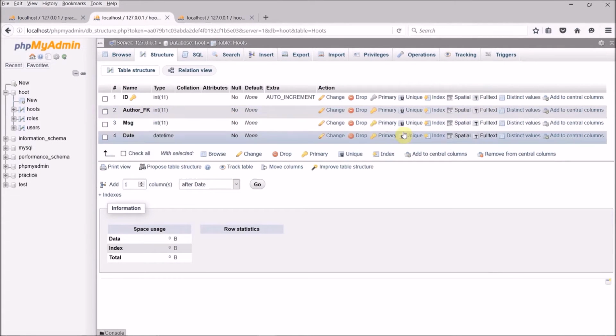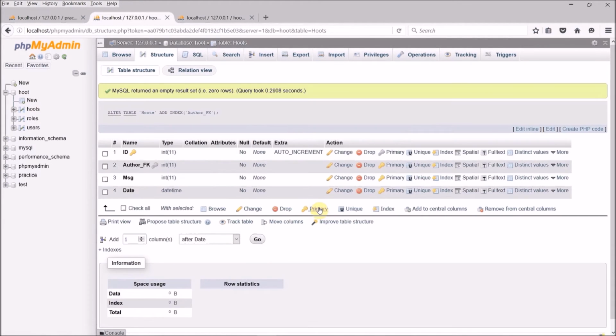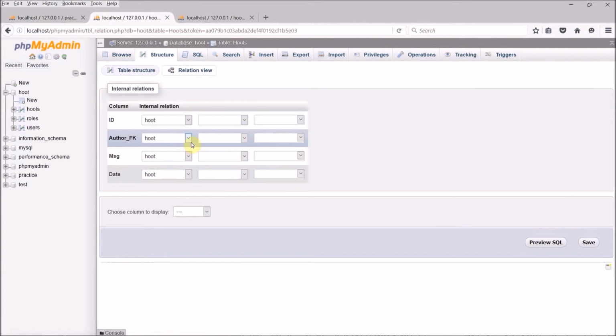Now author FK is going to be a foreign key, so we're going to make this an index. Again, if you were doing this on console, you would do this while you're creating a table, but it's easy in PHP admin. Then we can go to relation view, and we can say, no,